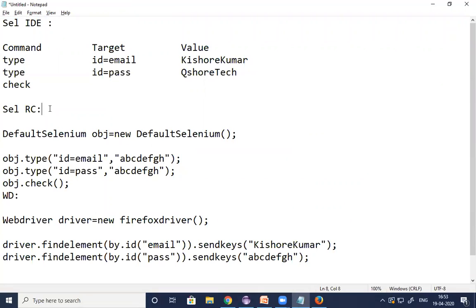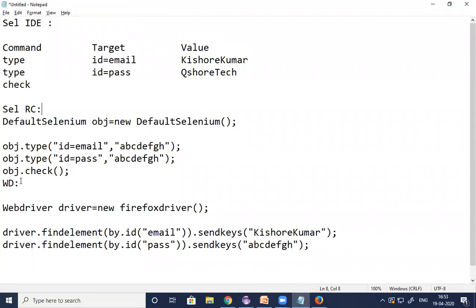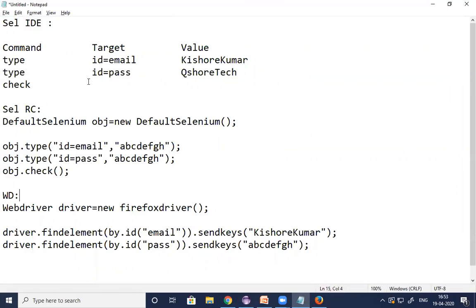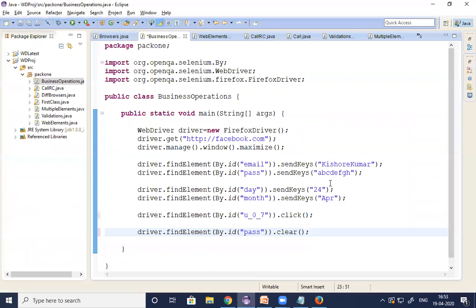So working on IDE, RC, and WebDriver. Of course, we are not using IDE and RC anywhere, but still you should know how to work with them from a subject perspective. You should be comfortable with each and every component of Selenium. This is the best code for IDE, RC, as well as WebDriver. That's all about the business operations and how